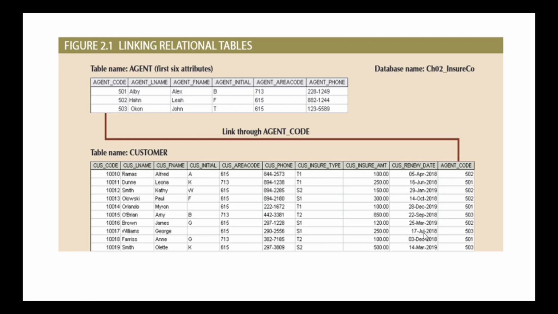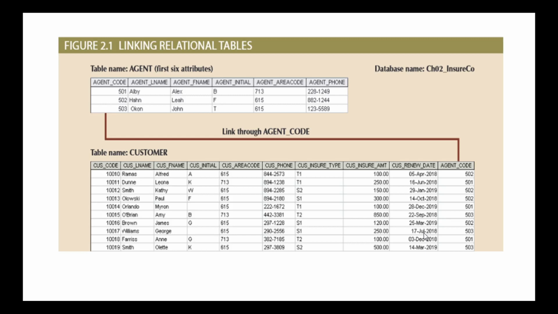In an insurance company, so many employees are there. Each employee is known as an agent, and so many policy holders are there. Those policy holders are nothing but the customers. So just observe, to link up those two tables, what we need first is a common attribute in those two tables. That common attribute becomes a primary key in one table and a foreign key in another table.